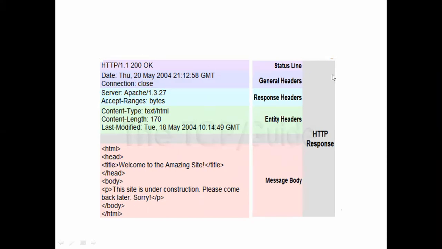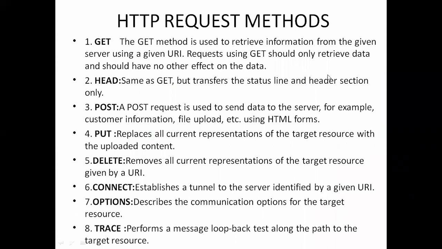Next, we are going to discuss the HTTP request methods. There are 8 methods in HTTP request. The first one is GET. GET is used to get data from the server. HEAD is the same as GET, but it transfers the status line and header section, not the body section.